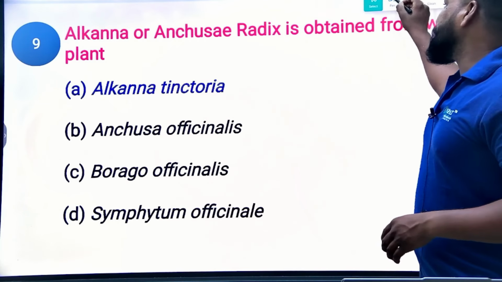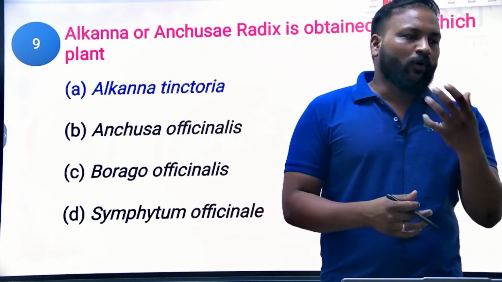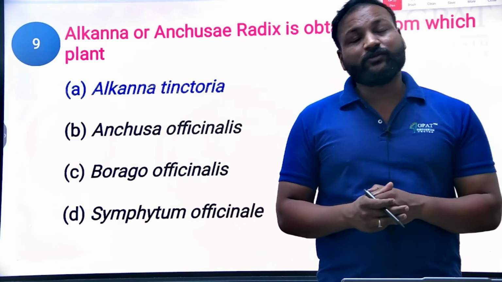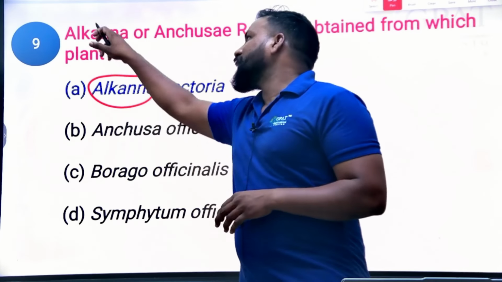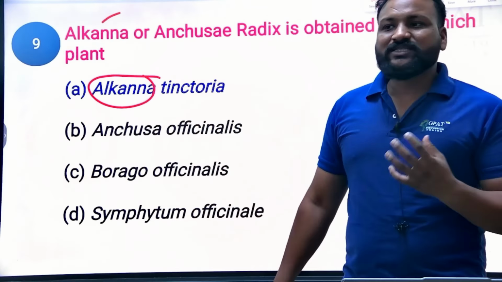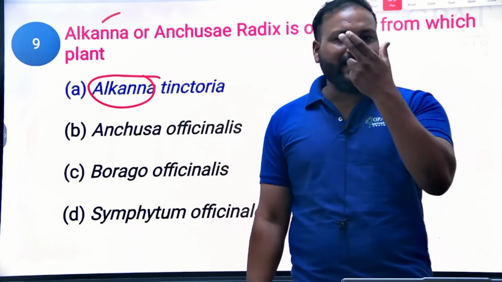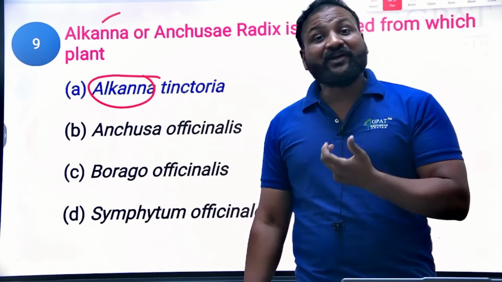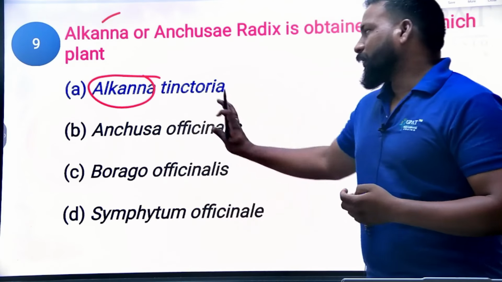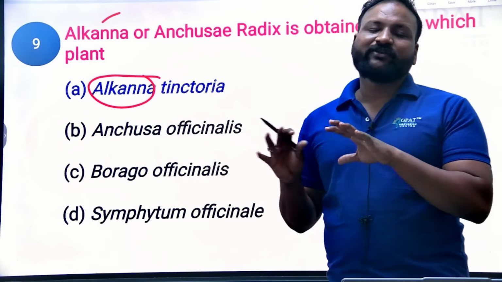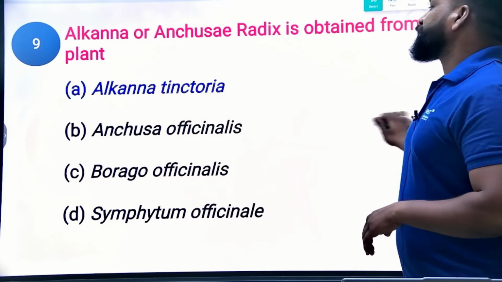So the plant names, that's what I told you. Most of the common names of plants are written from the genus name, like Alkanna. Zingiber officinale is ginger. We know that the common name for this particular rhizome is ginger, but that name is taken from the genus name. There are some hints lying within the terms themselves. So that's the right answer.